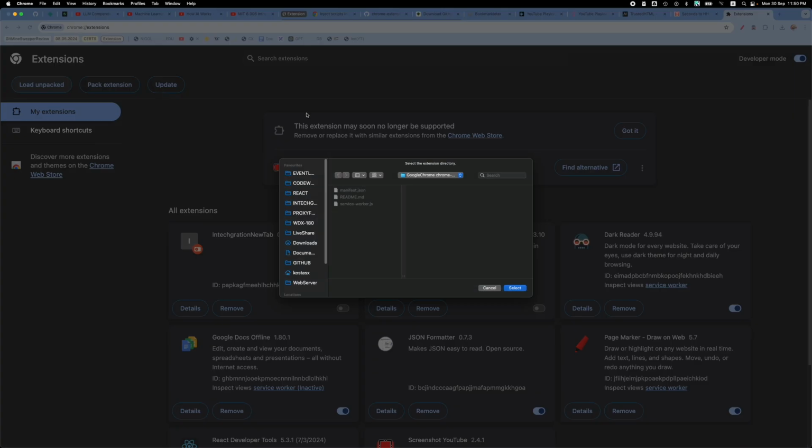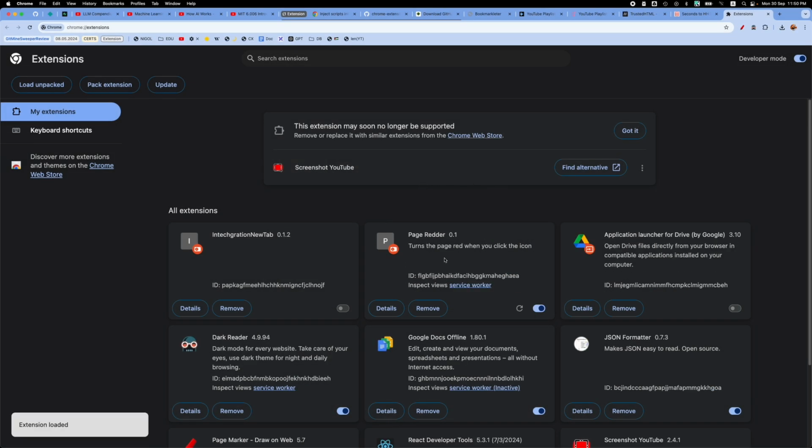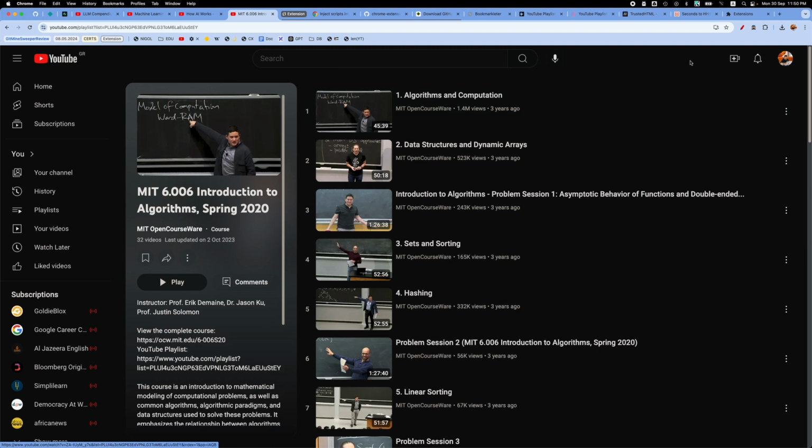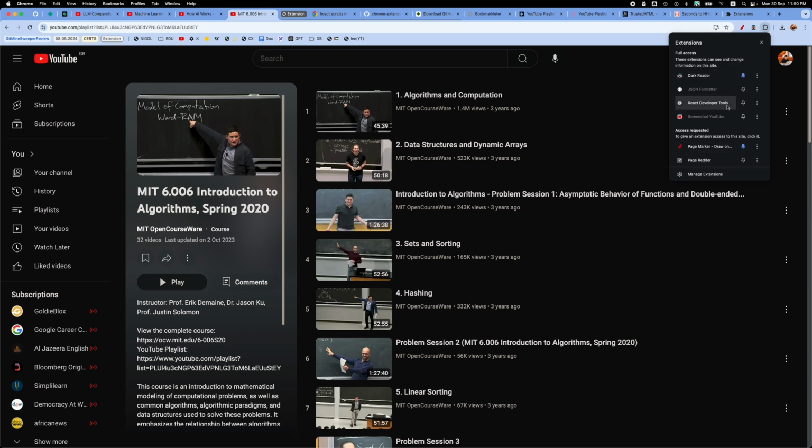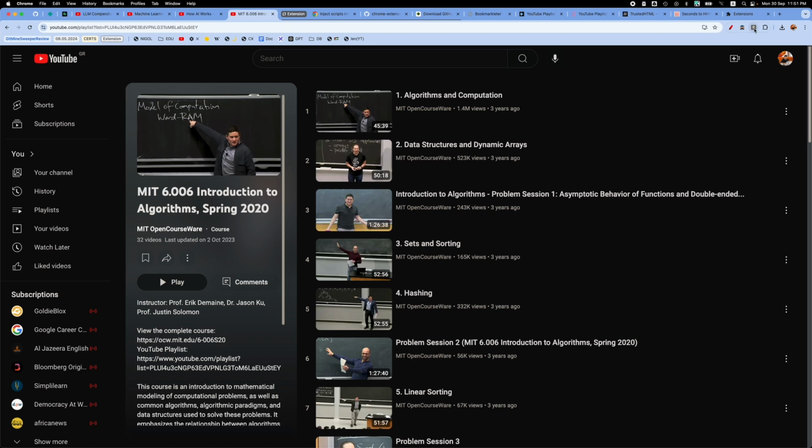So I will load unpacked and go into my folder. Here is the extension folder, and I will select it. And you will see now the extension is active. You can disable or refresh the extension if you make some changes. Basically now, if I go to, let's say, this page, let me refresh. This extension has this icon, which you can pin, and when you click it,